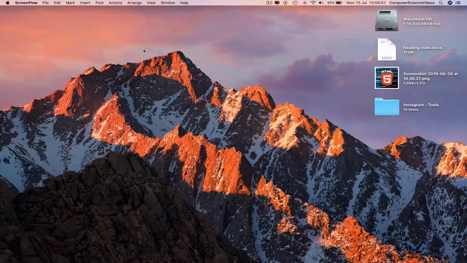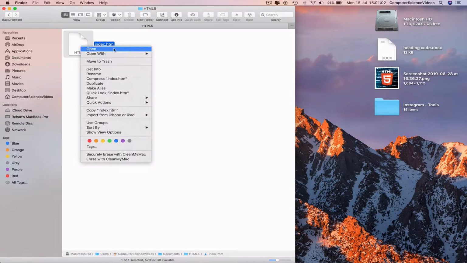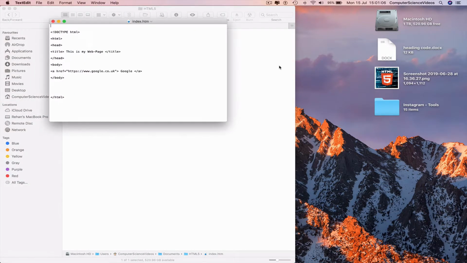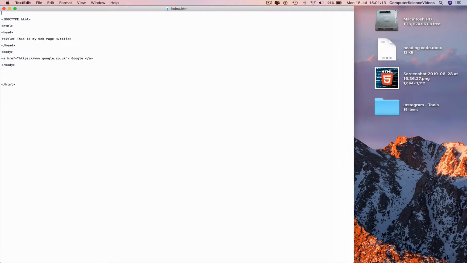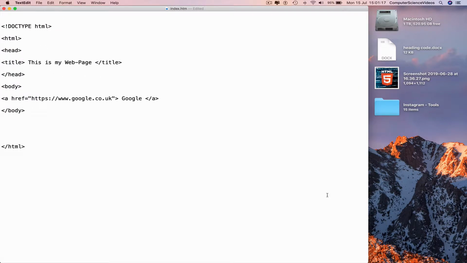So the first thing we need to do is go all the way down to the dock, click on the Finder, navigate to Documents, click on the HTML5 folder, right click index.html, open up with TextEdit, close out to Finder, increase the size of your TextEdit file, Command plus to increase the font size,